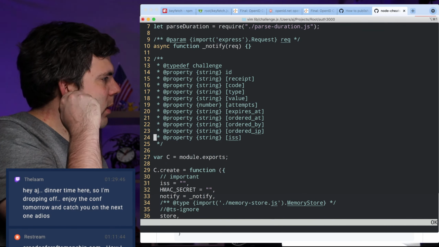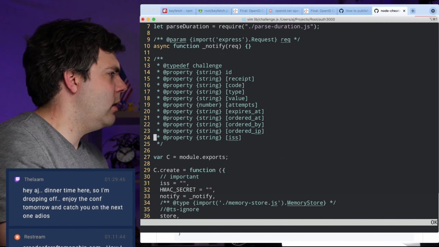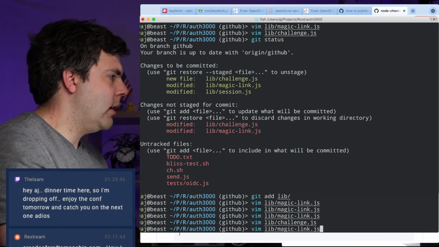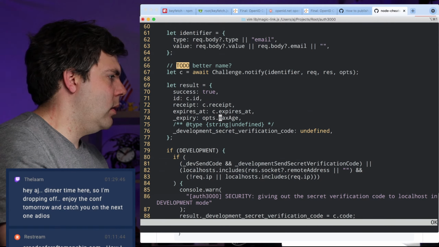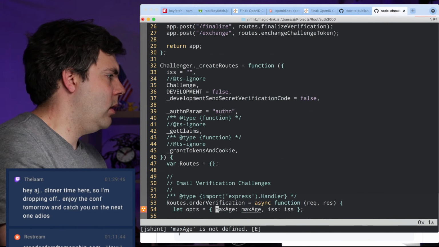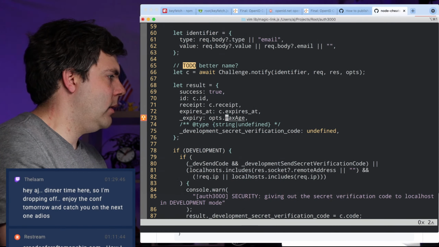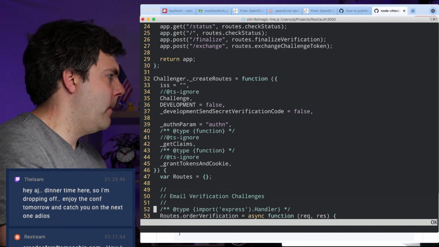So maybe we could put max age in here. Where else do we need max age? Expiry, max age. So how about no? How about I get rid of max age here? All right, so now we don't have a reliance on max age.